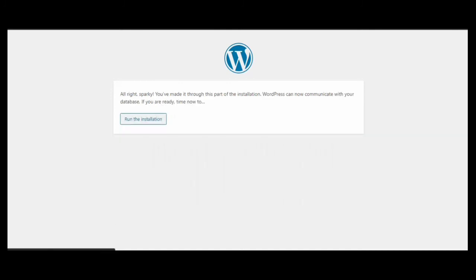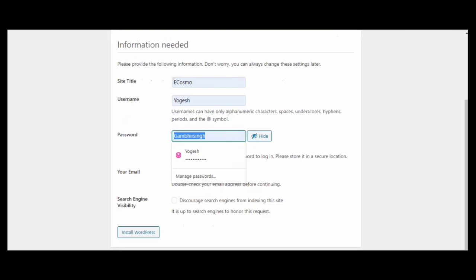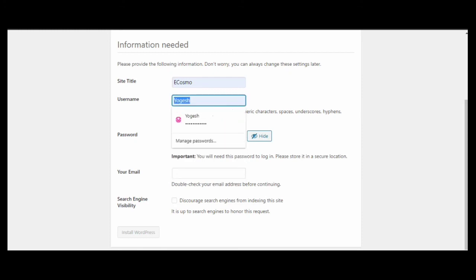And here you can run the installation from the installation screen. Provide the name of the site, for example eCosmo. I'll provide the password and username as per my wish.